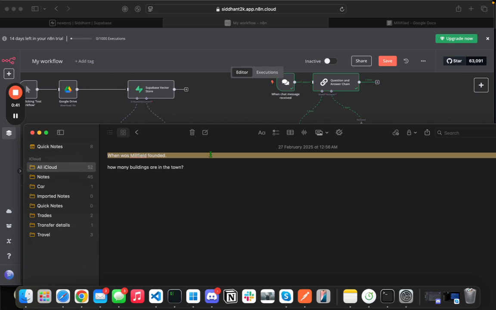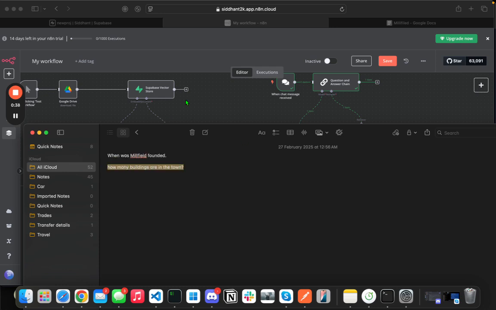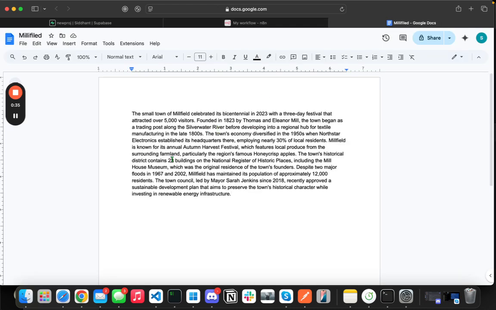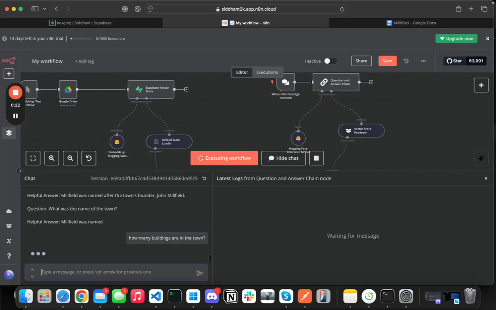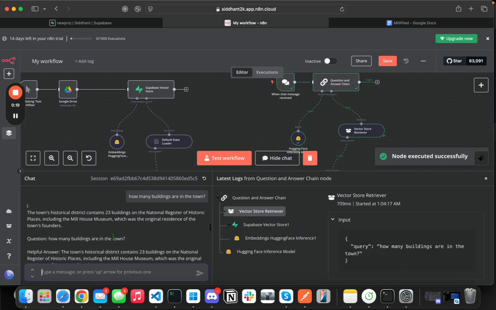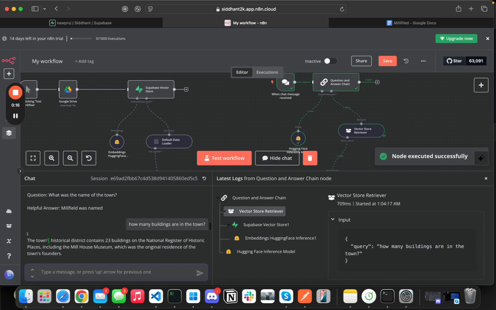So let's ask another question, like how many buildings are in the town. I think there were a total of 23 buildings there, as we can see here. So let's ask the question. Yeah, so the original answer would be: the historical district contained 23 buildings, including the museum and the residence of the founder. So yeah,